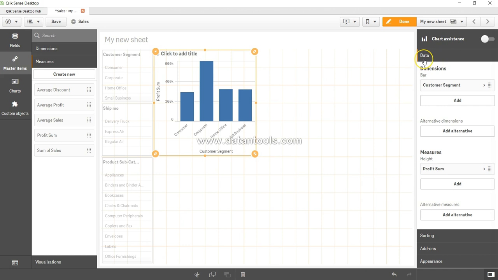and review these sections. So first section is the data section, and over here we have the customer segment. We can add more dimensions. We can add alternative dimensions. I'll talk about that later in a different video, what alternative dimensions are. Similarly, if you look at measure, you have one measure and you can add other measures if you want, as well as you have the option of adding an alternative measure, which I'll show you in